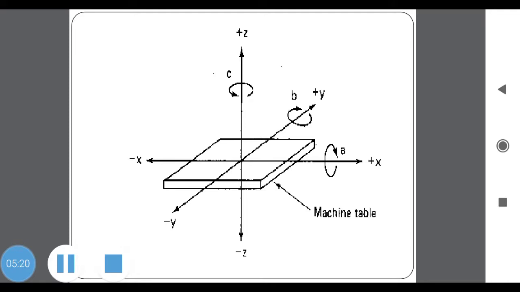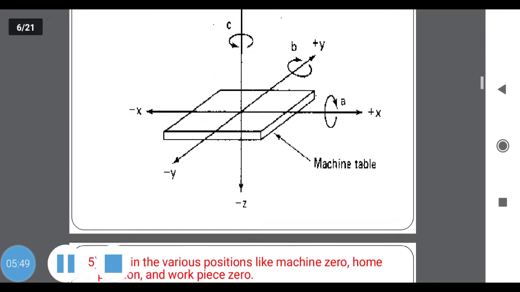In some books they mention x is the same, but they change the y and z. In place of z they use the y, that is the vertical axis, and the diagonal they use the z. They only know the direction, not the alphabets. X, y, z are three directions in an NC coordinate system. This is also called a Cartesian coordinate system, with a rotation of the tool with the machine center from origin to x axis, y axis and z axis.